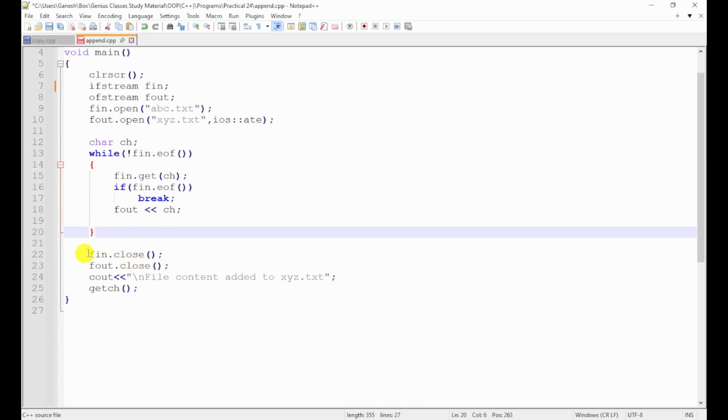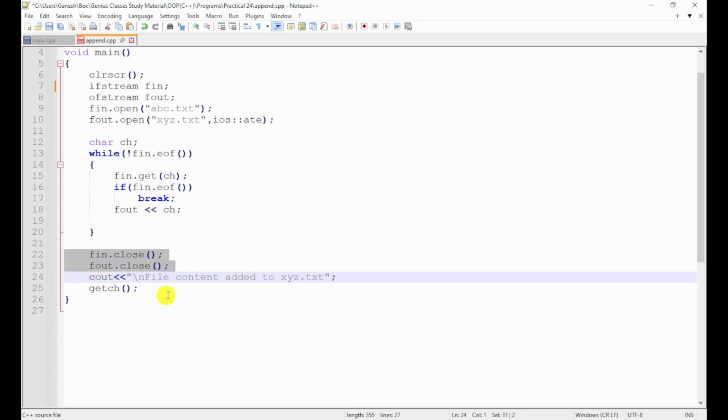So next we have to close both the objects which we have opened. That is, we have opened two files, abc.txt and xyz.txt. So I have to close it. So fin.close will close the abc.txt, then fout.close will close xyz.txt. So both the files are closed here, and finally I am just putting simple message, file content added to xyz.txt,